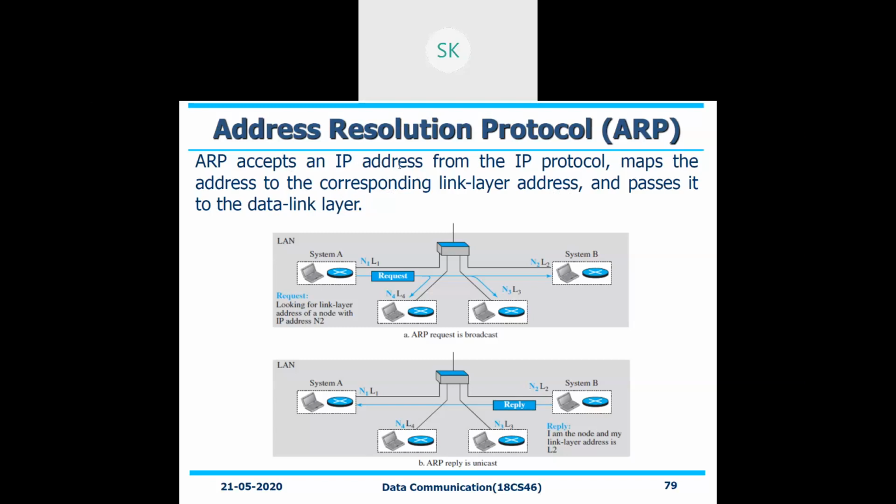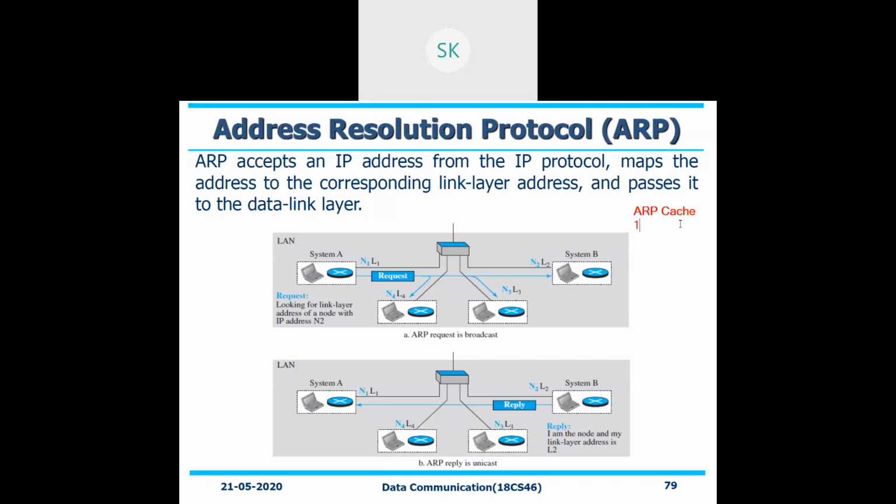See, when they have given the statement, we can notice one thing. We need to have a table. What does this table contain? This is called the ARP cache. What does this cache contain? It contains all the MAC addresses and the corresponding IP addresses of the devices that they are connected with.